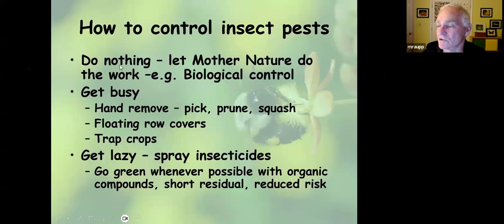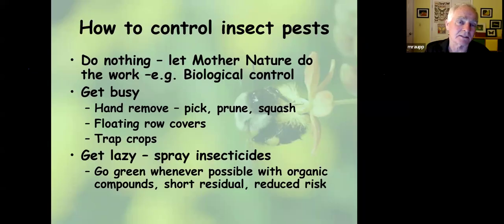My approach to pest control is to do nothing, to see if those natural enemies I talked about are present in your garden and are reducing the pest populations. If that's not happening, then I'm going to get busy. I do a lot of hand picking. I crush colonies of aphids. If I have hornworms on my plants that aren't being parasitized, I remove them. If I've got webworms at the end of my branches on a persimmon tree, I simply prune them off or remove the nest manually.